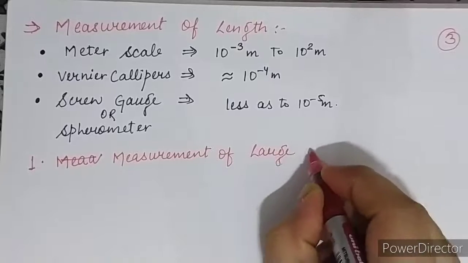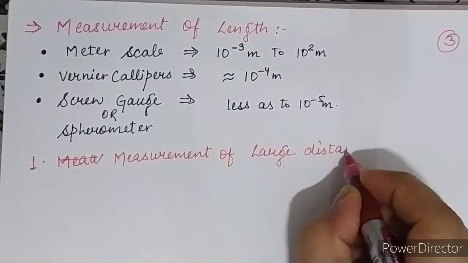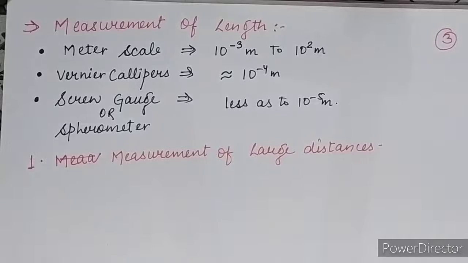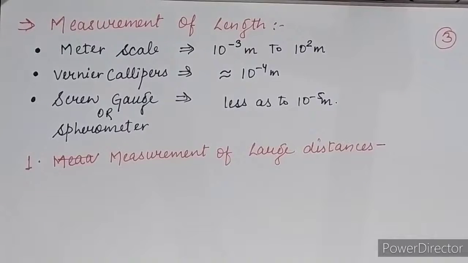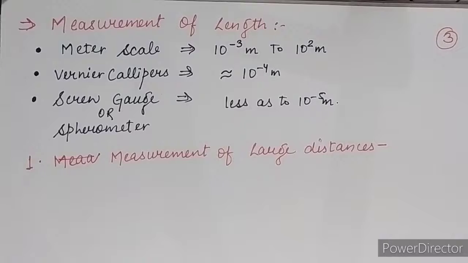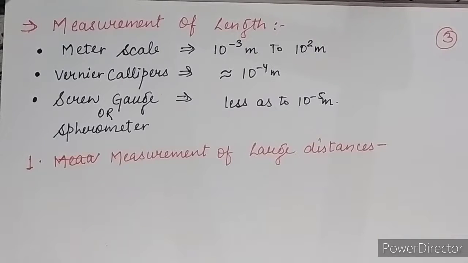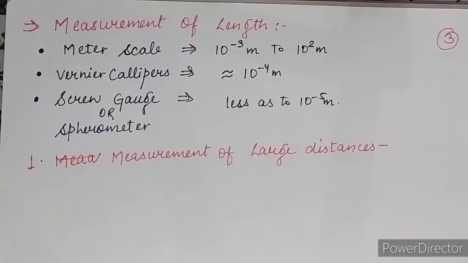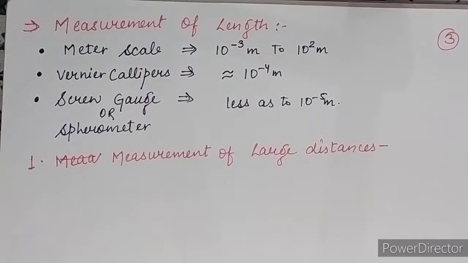But slowly and slowly we are covering the things. We are not going very fast because physics, chemistry and all these are new subjects for you. Till 10th standard you studied science combined. Now the science has been bifurcated into 3 parts, that is physics, chemistry and biology. So slowly you will be able to capture the things. Here we are going to discuss the measurement of a large distance.